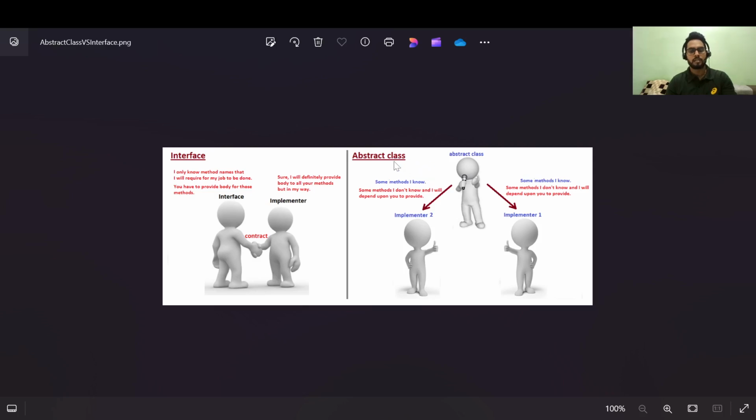What does this mean? In the case of top to bottom, meaning a class hierarchy fashion, if you want to provide some common functionality, then in that case we should go for the abstract class. And in the case of a tiering concept or the contract, then in that case we should go for the interfaces. Okay, and interface is slower than the abstract class, because abstract class can have direct execution between